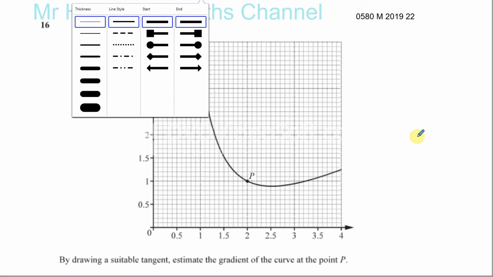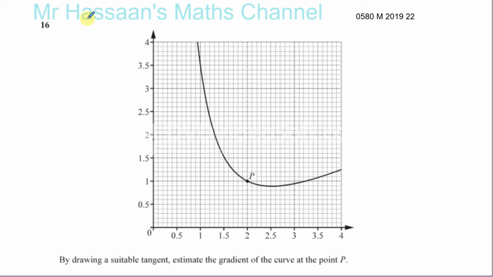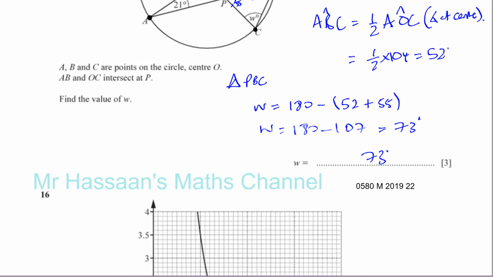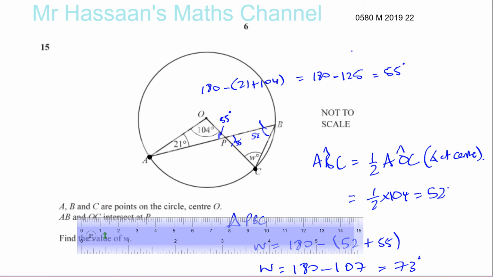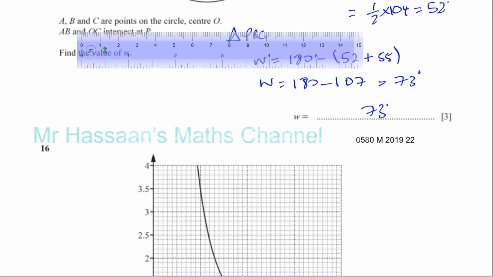Now, to draw a tangent, I'll show you what you need to do. I'm going to do it in a slightly different way. I've got these tools here to cheat with, but you need to take a ruler. Take that ruler down to where we want it. You need to get your ruler, and you need to